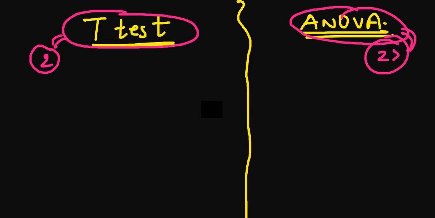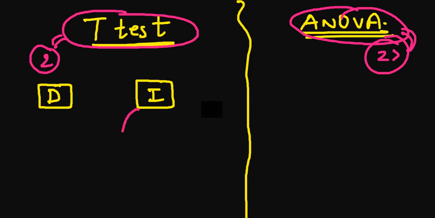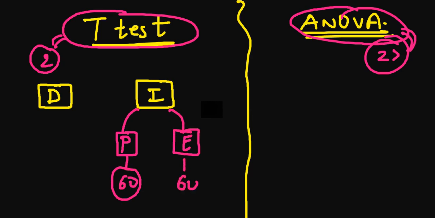Now what is going to happen is, you have two types of sample and the terminology is different in different examinations. But you have to be well aware that we are having two types of samples, either dependent or independent. Okay, dependent and independent. And what does this mean? This means that in the independent sample, you will use two groups. Let's suppose you want to calculate the mean difference between the psychology students and the economy students. Let's suppose those are 60-60 students.